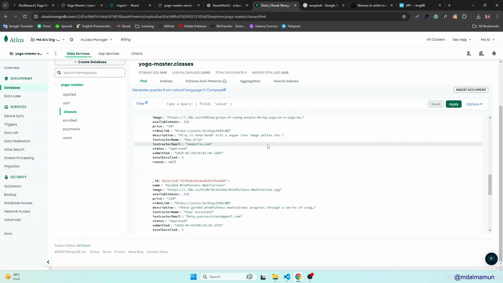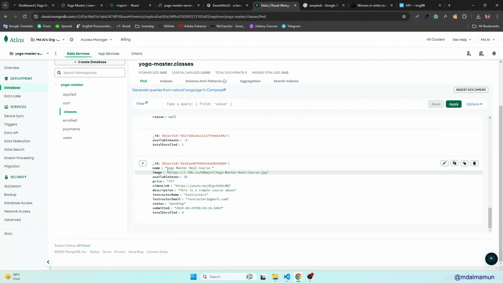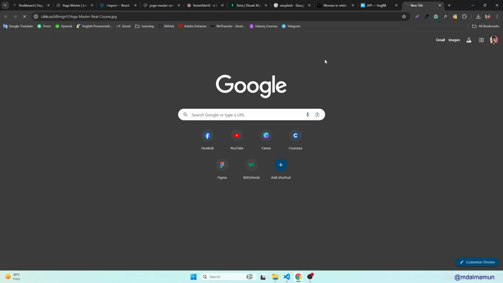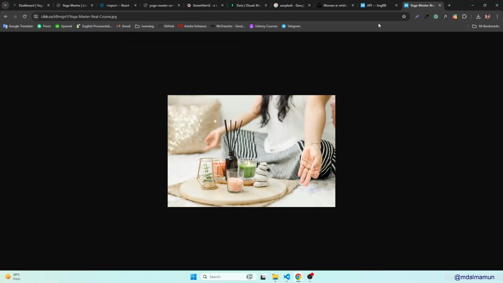Then if you go to the end, you will find a new course is uploaded, and the information is something like this. We'll have all of this stuff. We'll have yoga master real course. This is the image URL. Let's paste it. If the image is uploaded successfully, if you copy this and paste it here, let me check it. The image is perfectly